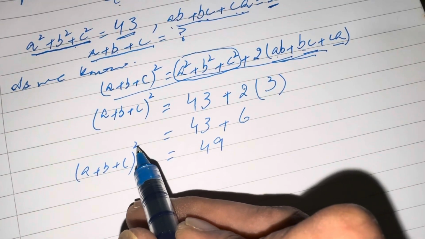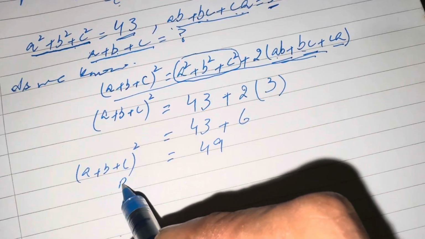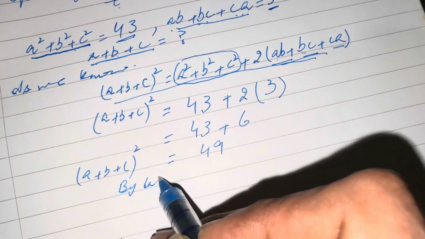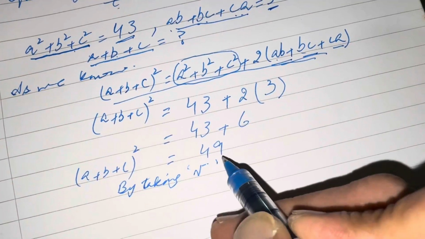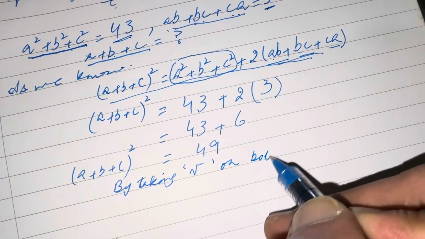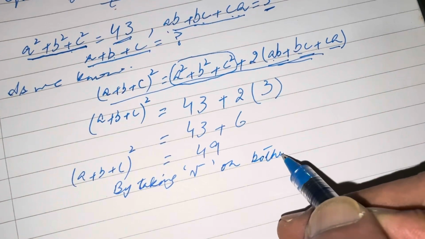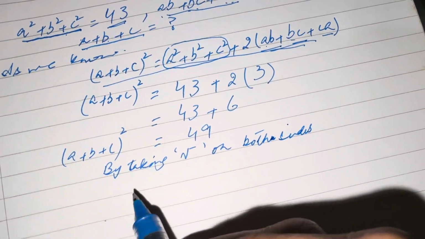So by taking the square root on both sides of the equation,